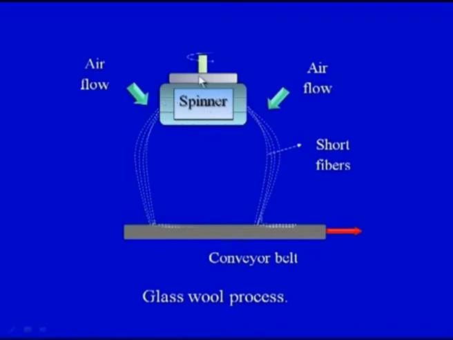There are a large number of holes in this rotating head. The molten glass would be sprayed out because of the centrifugal spraying action as this rotating head is rotating. Because of this action, the glass in the form of small fibers of the diameter of 20 to 30 micron would be sprayed out, and we have an air pressure which would guide these small fibers onto